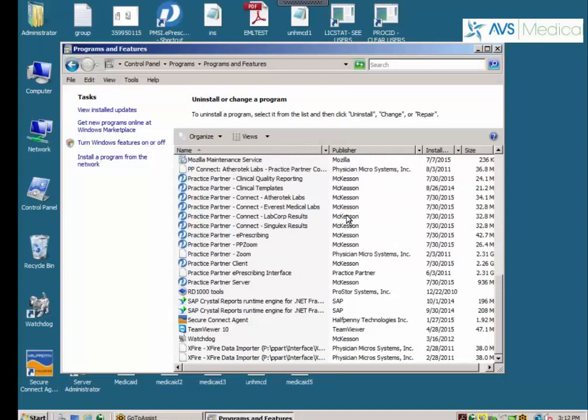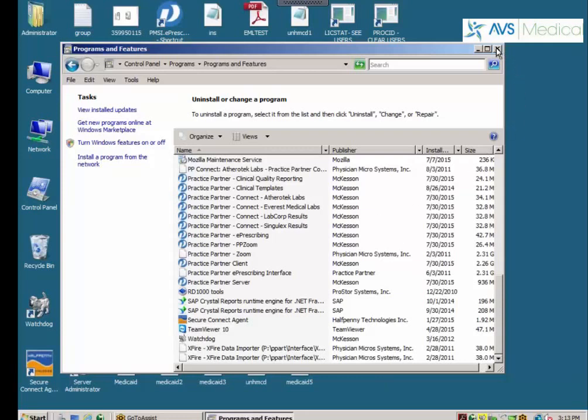But you may get an error message, and I apologize, I don't have the text of that error message, but it's a fairly dire warning about what's going to happen. If you see that, at this point what you would do is say OK to the message, close Control Panel, you would restart your server, and then repeat the process of where we are so far. So once it's restarted, you'd come back, you'd turn off Watchdog again, because Watchdog will restart when you reboot it. You'll come back to Control Panel, then you'll uninstall Drug Interactions, and now you're ready to download and install the